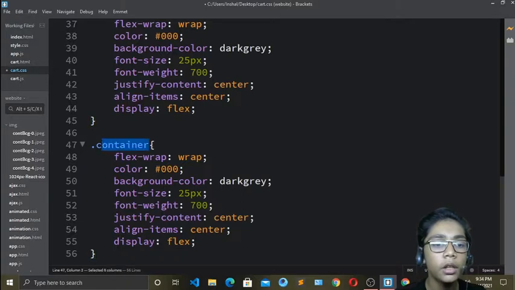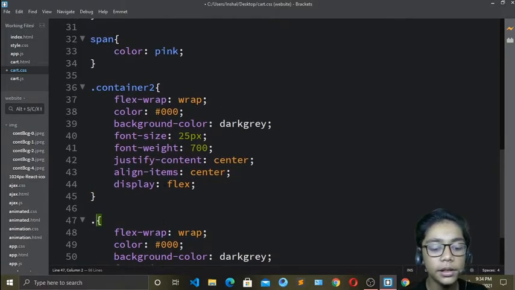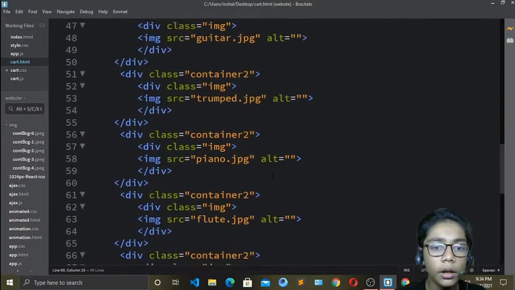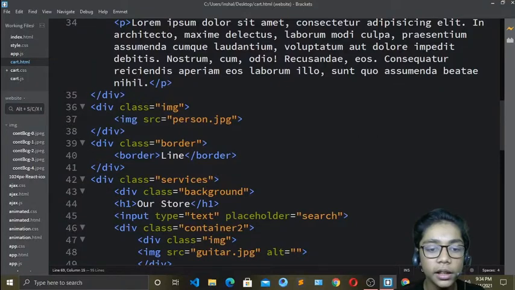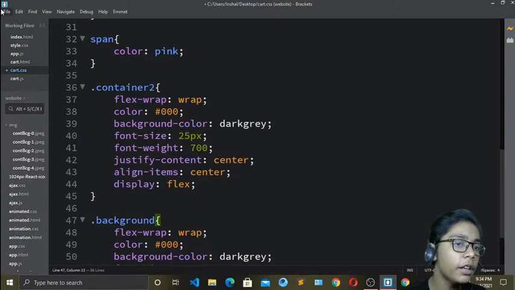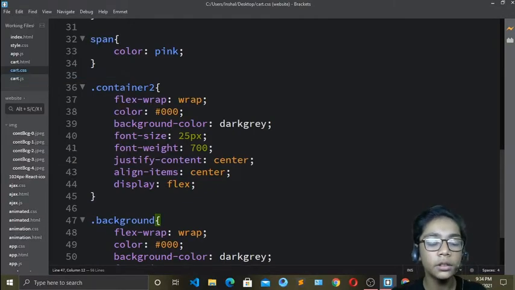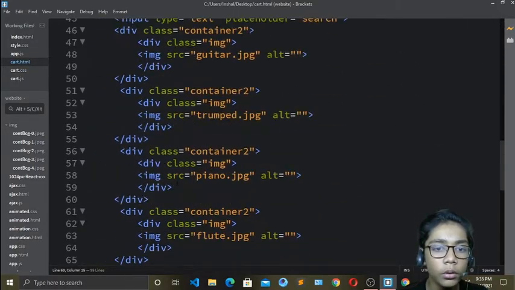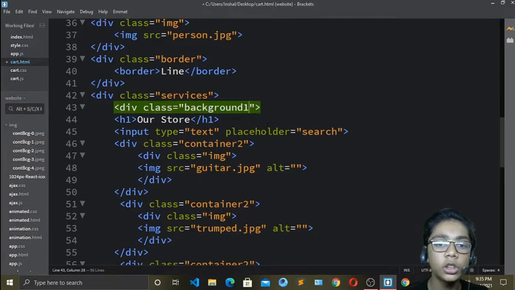Change its name over here again, and now I will write another thing. Go to card.html, go above, and you can see there is written background. So I will write background first of all because it is also a class. Now when you have hit save, it is enough. Go to card.html, and over here we have written background, and over here also. So I will change it to background 1.